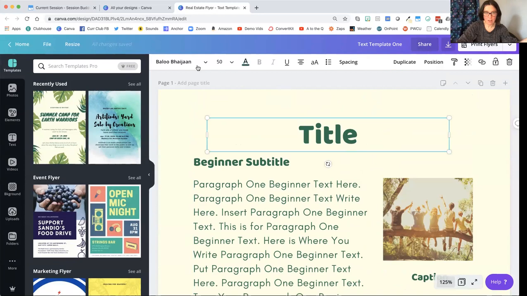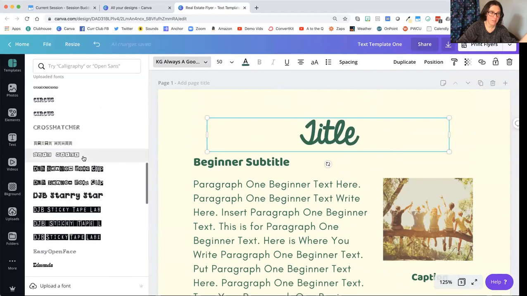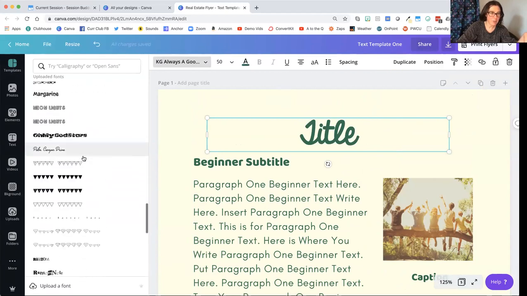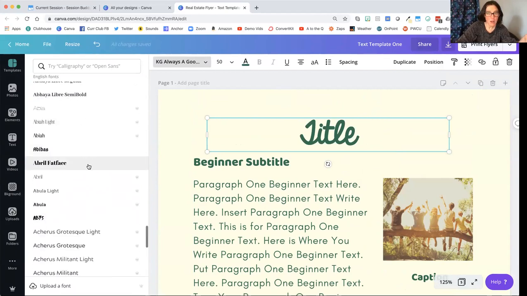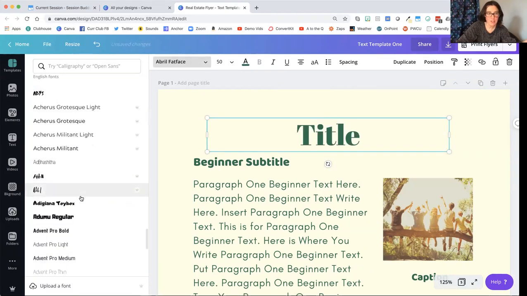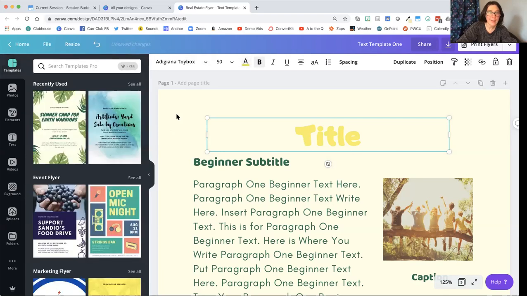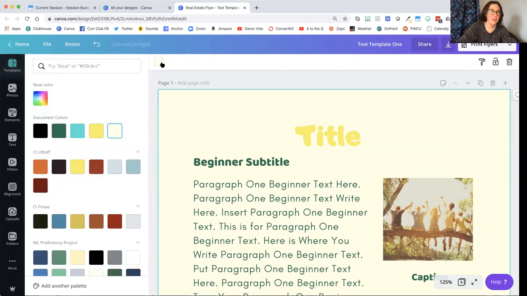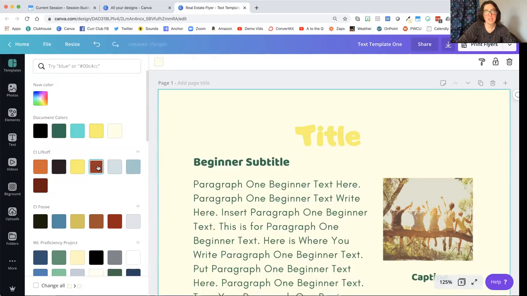Now you can go in here and modify all kinds of things. You can change this to whatever. You're probably not gonna have this font. It's a font that I downloaded from another place. Let's go to the actual fonts that just come with the thing. I download a lot of fonts. I love fonts. Yeah, you can change it to any font that you want. You can make it all cute or whatever. You can change the color. You can change the background. The way you change the background, you just click here. You can make it crazy. I'm just gonna go Command Z, Command Z, Command Z, Command Z, Command Z